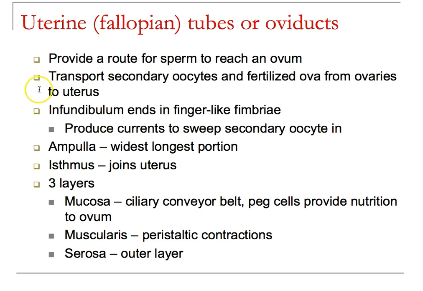Mother Nature is going to provide a system where we will change pressure, don't get me wrong. What's going to happen is you're going to create this ciliary conveyor belt where you have a series of epithelial cells that have cilia on them. And you have another population of cells that are releasing essentially glycogen into the space that will now allow for the secondary oocyte to stay alive. I should say glycogen and other intermediates. A series of peristaltic contractions will allow for not only the conveyance of the secondary oocyte, but eventually